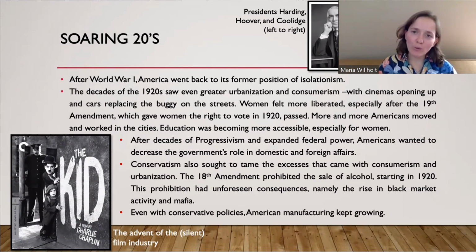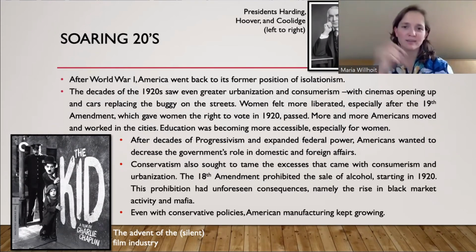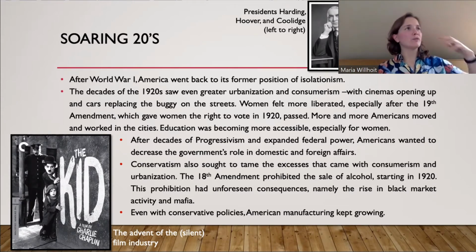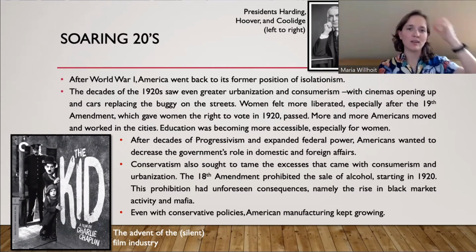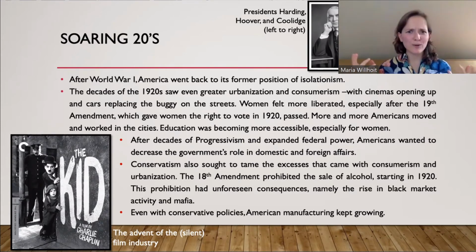So after World War I ends in 1919, we have the 1920s. And in the 1920s, especially in America, because we were far away, we weren't really affected by the war, we had even greater industrialization, we had greater consumerism, urbanization. We came out well from the war, in part because we came late into the war. So, we have this great feeling of optimism, rejuvenation, so to speak.